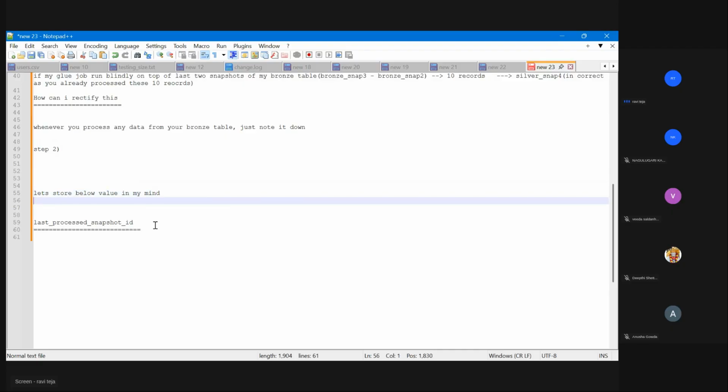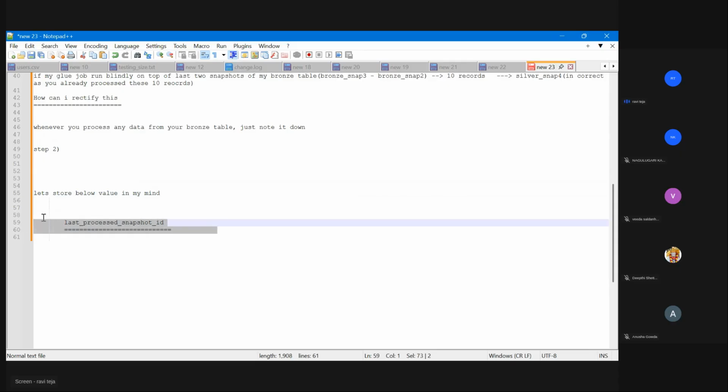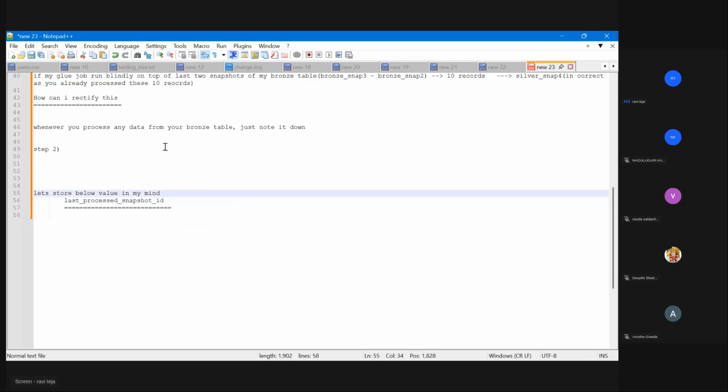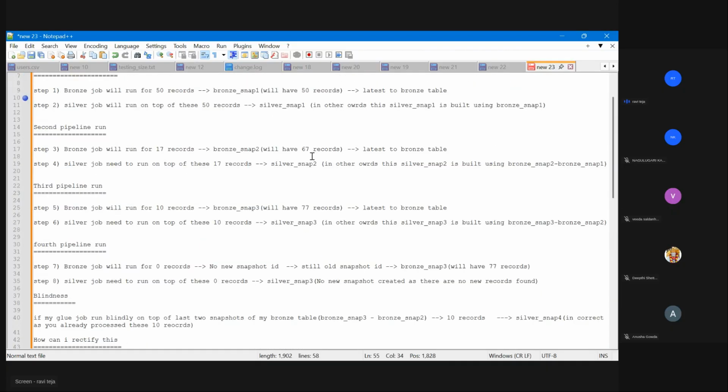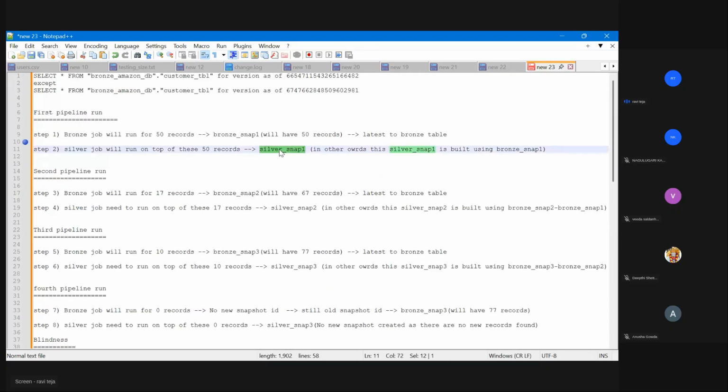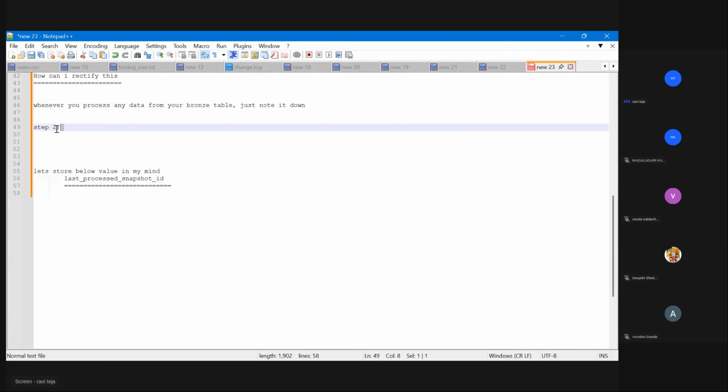Fine, I'm a robot and I'm storing it in my mind. Now, when you created your first snapshot ID, silver snap 1, that's the first snapshot ID for this table.